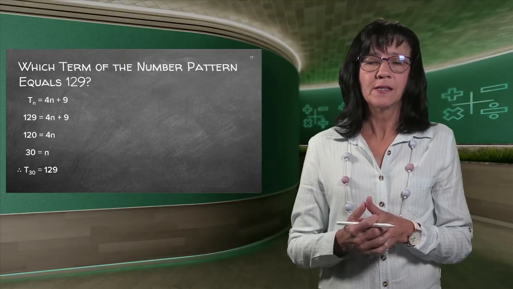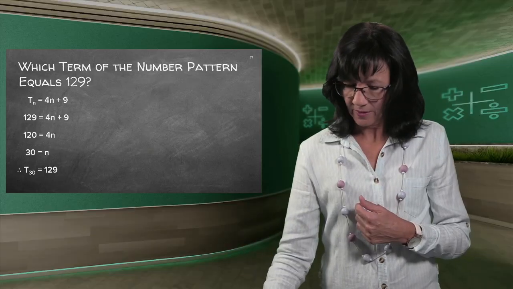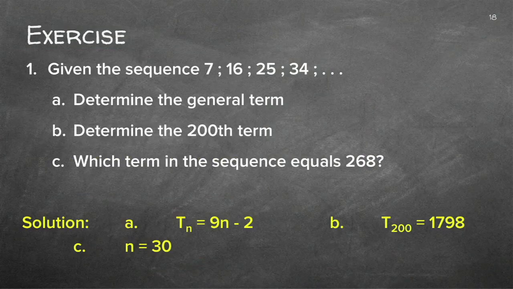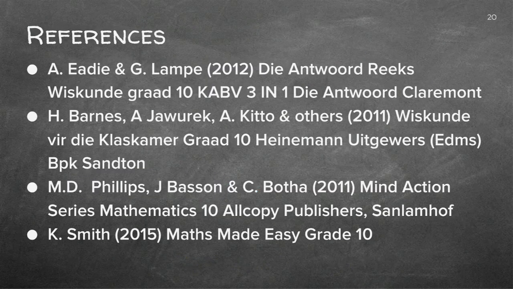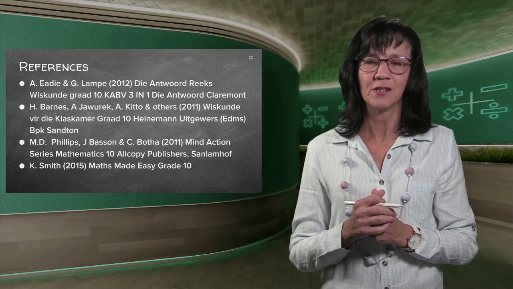Now, the rest of the exercises, you can just go through them on your own. You will stop them and do them on your own on a clean sheet of paper. There are nice ones where they've got figures as well, where you have to write down your own little sequence. They give you a sketch and you have to just make your own little sequence of it. The answers are in yellow at the bottom. And after all of those practices, you should be able to do an arithmetic sequence very easily.